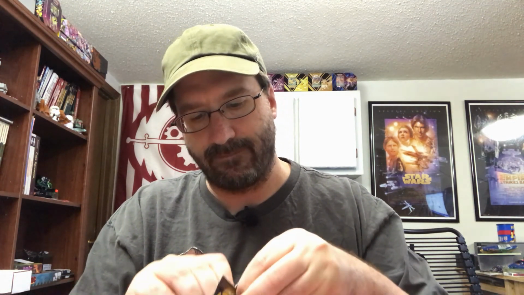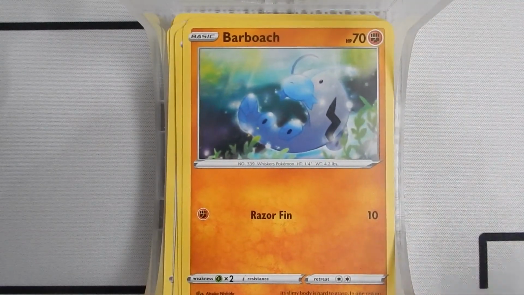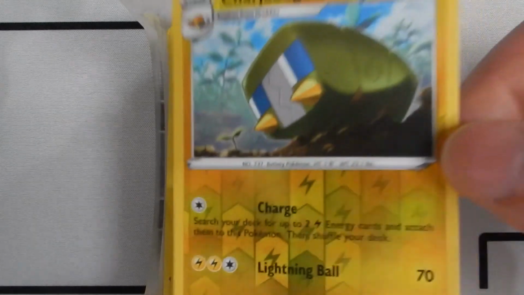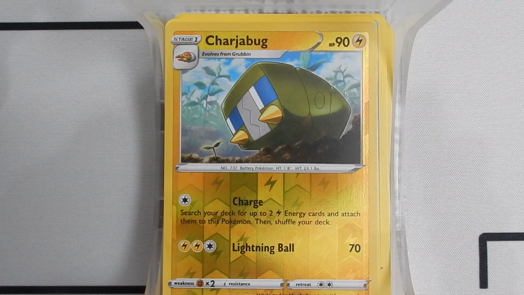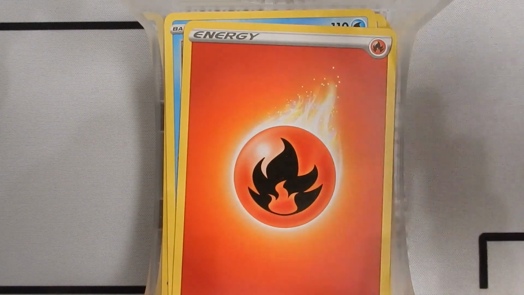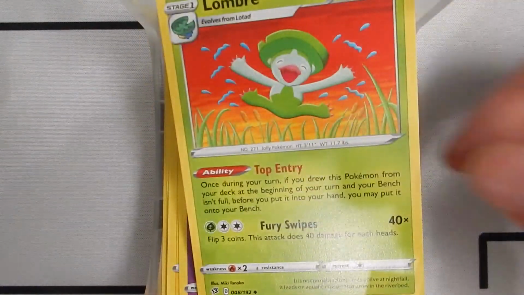and for our second Rebel Clash pack, we can open it up anyways. We have Mr. Mime, Caterpie, Barboach, Arrokuda, Stufful, a reverse holo Charjabug, a Cramorant, a Fire Energy, an Electrode, a Xatu, another Lombre,